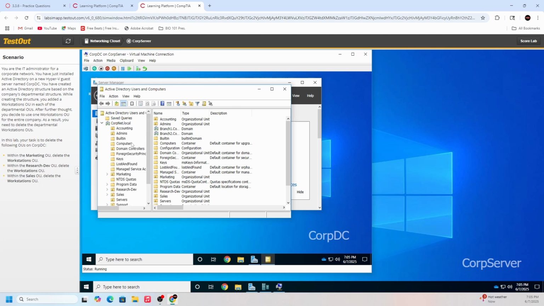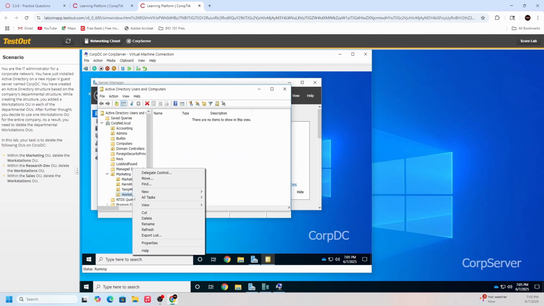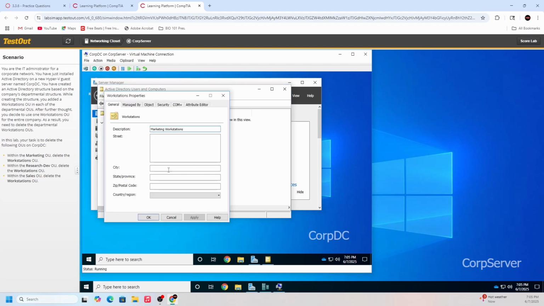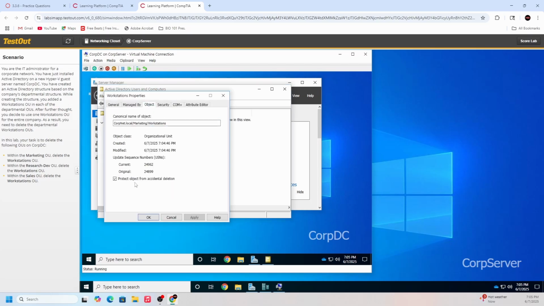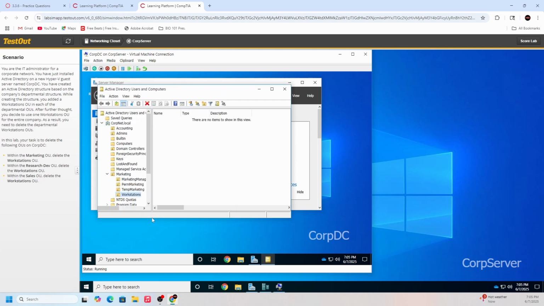I don't know if you were paying attention, but when we first created the organizational units, the little select box said to protect from accidental deletion. This is a way to get around that. So now we're going to click Workstations. We're going to go to Properties and go to Object, and down here we see Protect Object from Accidental Deletion. So we're going to go ahead and click that, hit apply. And now we should be able to delete,